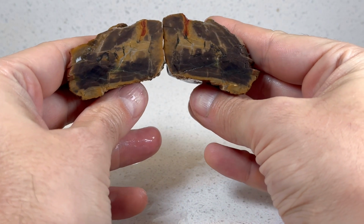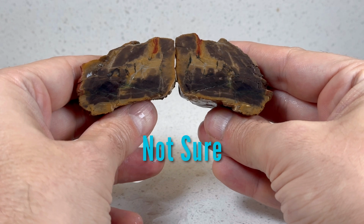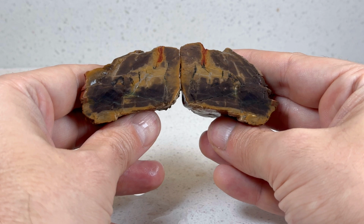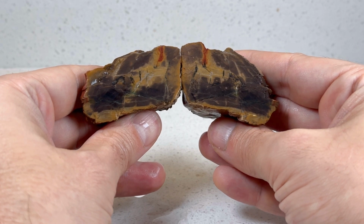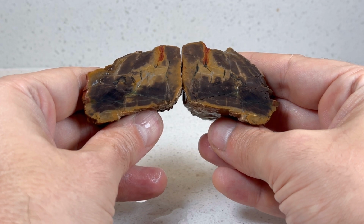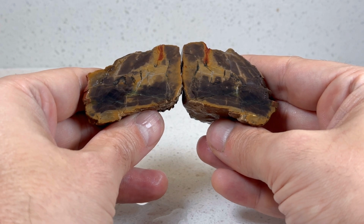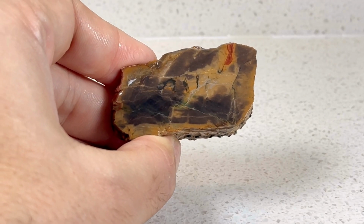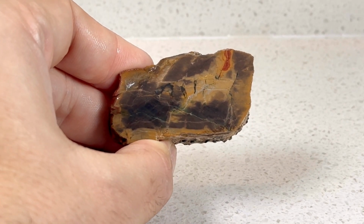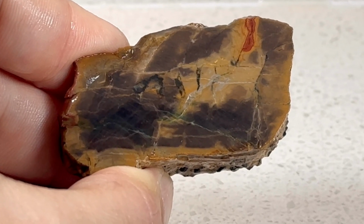So the yellowish brown color continues through most of the rock, and then we have some black in there as well. And within the black, it's kind of hard to see, but there's actually green. It has kind of a green sheen to it. And we'll take a closer look at the individual halves, and you can see it a little bit better there in the middle of that kind of white vein, but it goes through the dark material as well. We'll zoom in here. There's also a cool little red intrusion on the top right there. You can kind of see some of that coming through, and those little dark pockets along the white vein are